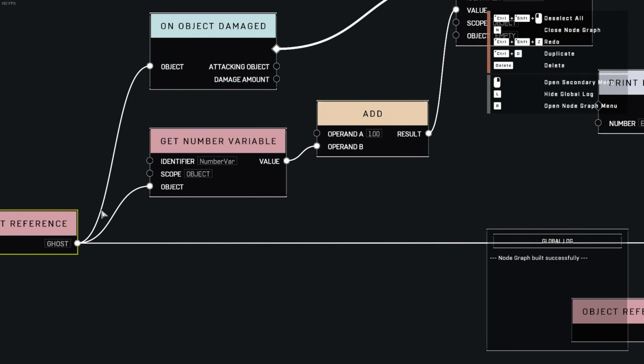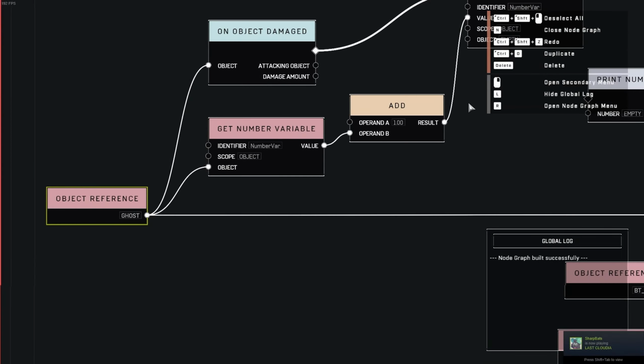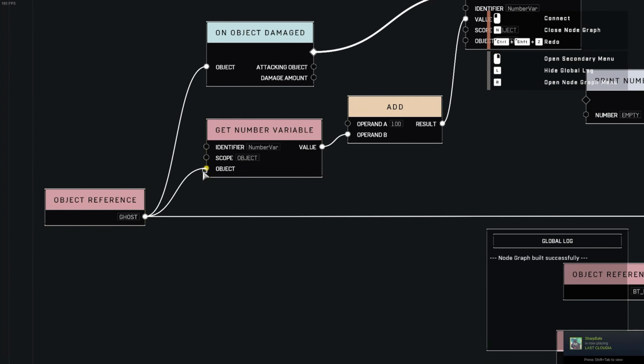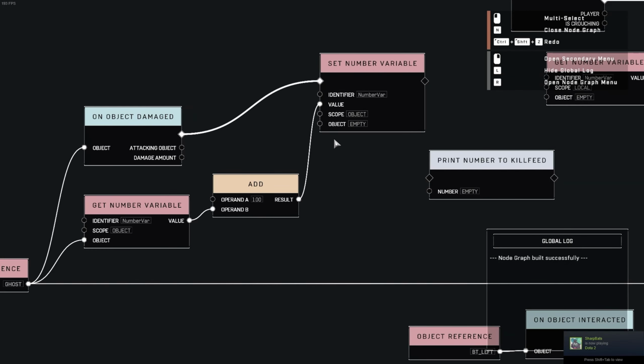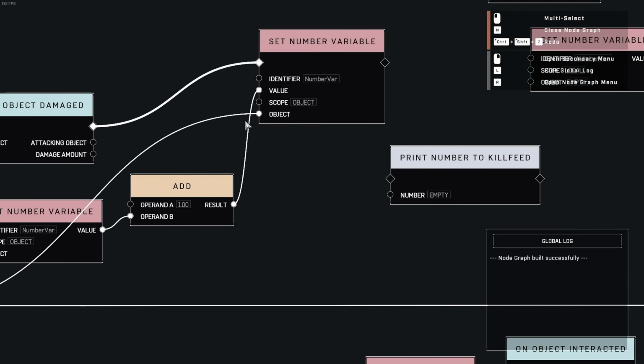You also need to remember to take the ghost when you set it, because we're working with object scope again. Since you need to tell the number variable which object you actually want to read from, you also need to tell it which object you want to set from. So we take the ghost and we wire it over here to the object. And since the names are the same and the scope is the same, and the ghost is being fed into both of these,